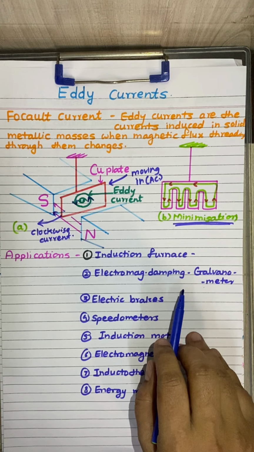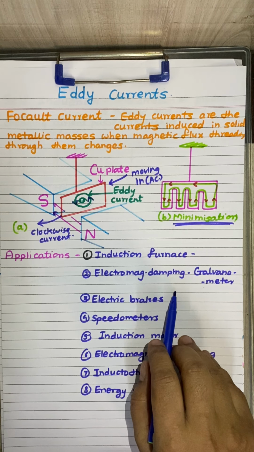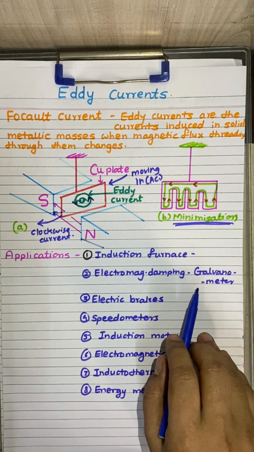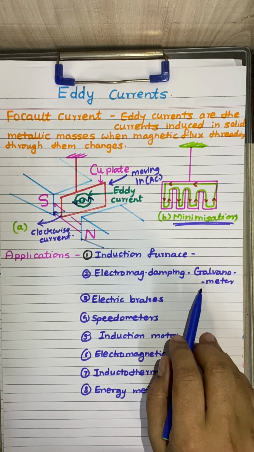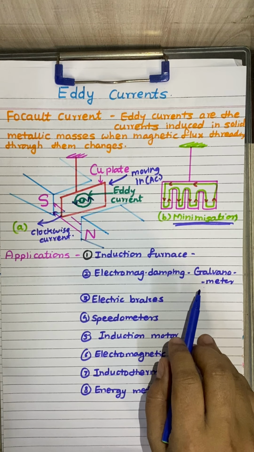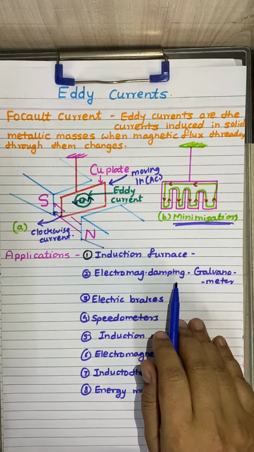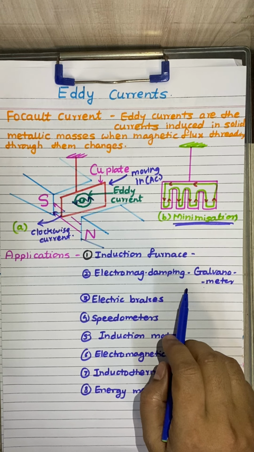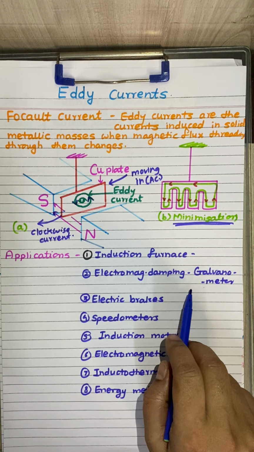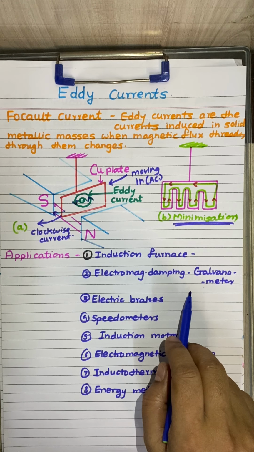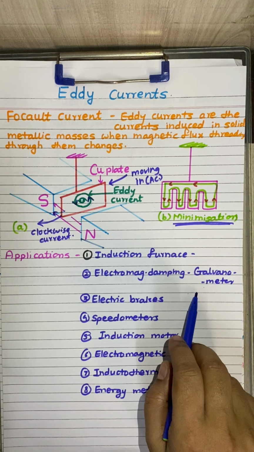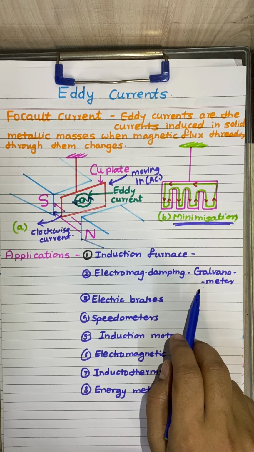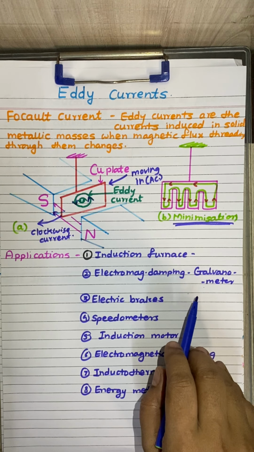Now, the electromagnetic damping can further be increased by winding the coil on a light copper or aluminum frame. As the frame moves in the magnetic field, eddy currents are set up in the frame, which resist the motion of the coil, because previously the coil was continuously fluctuating in that magnetic field. But now as soon as the coil is wound on the light copper frame or aluminum frame, eddy currents are set up in that frame because it is a metallic frame, and those eddy currents which are set up in that metallic frame resist the motion of the coil.